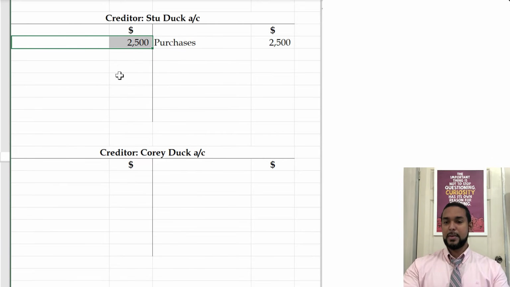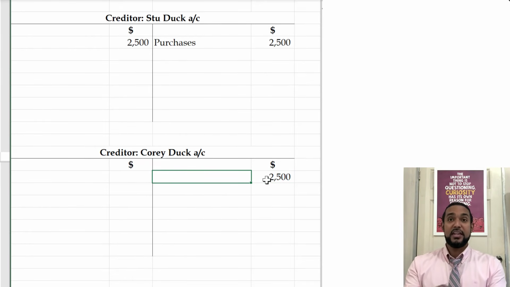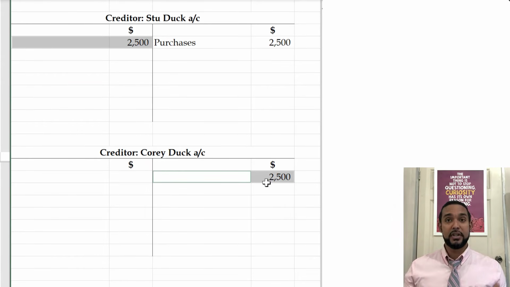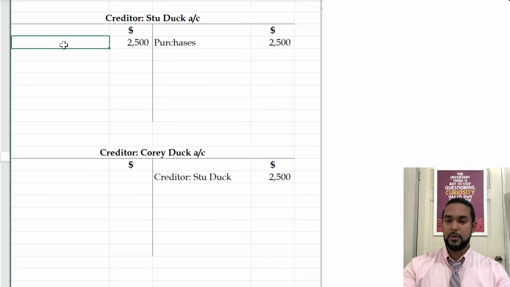Now, this debit here needs a credit. What account do we credit? Well, this was the account where we put the 2,500, and it shouldn't have been there. So this debit entry cancels that. What account should have been credited? Corey Duck. So we're going to go in Corey, and we're going to put 2,500 because that is where it was supposed to go in the first place. And this debit and this credit are corresponding entries, and every credit needs a debit and vice versa. So we have to put where this came from now. All right, so it came from creditor, Stu Duck. And up here now, creditor,